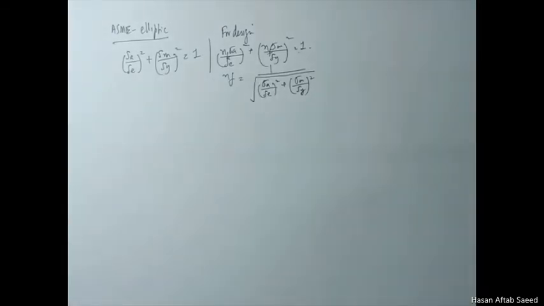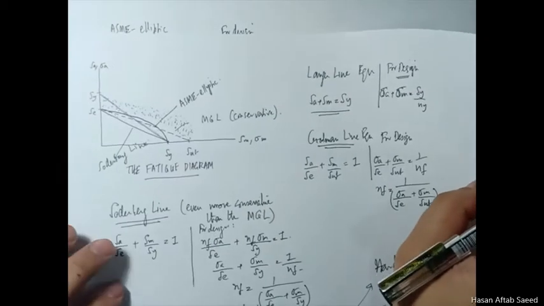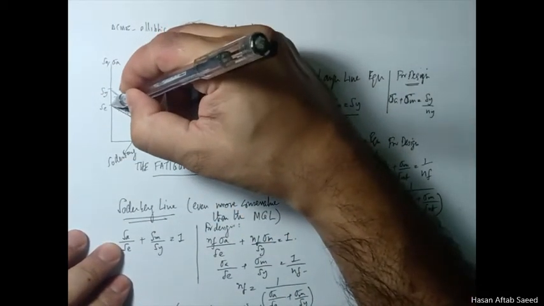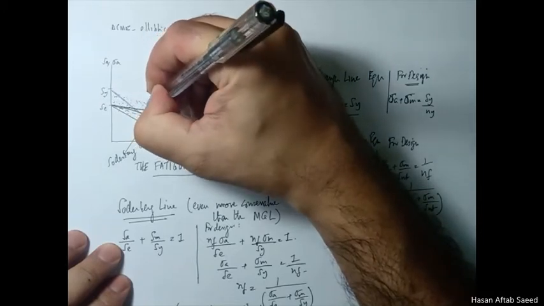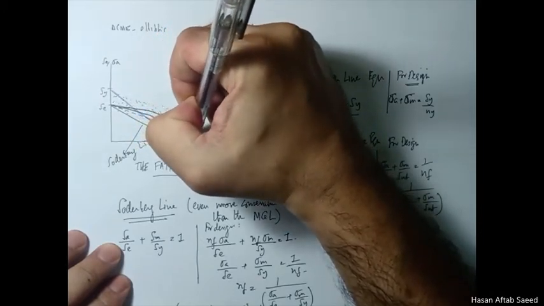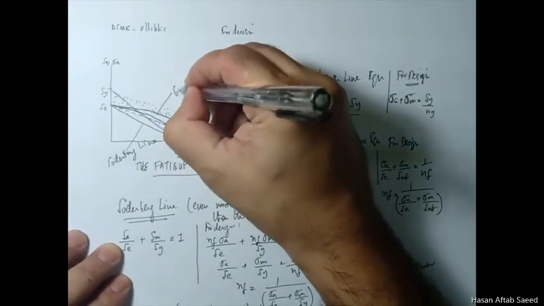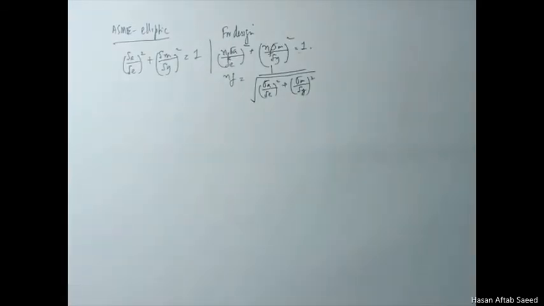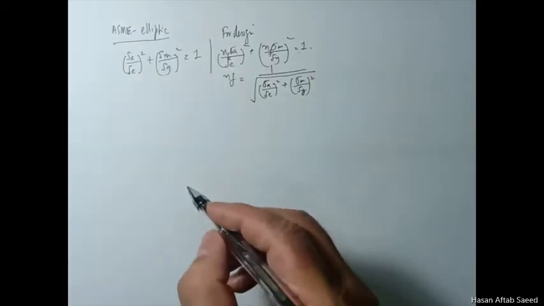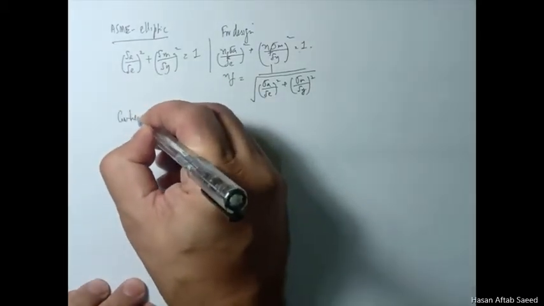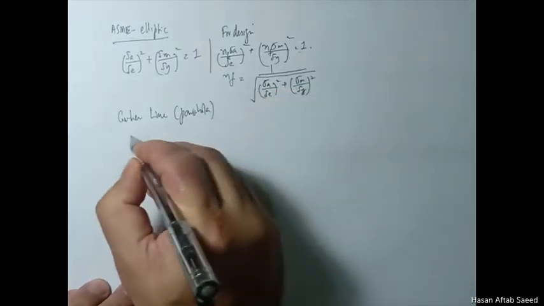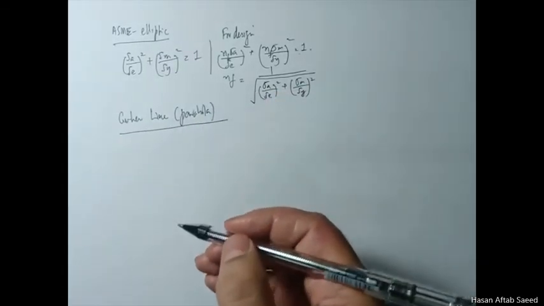There's another curve like the ASME-elliptic, which joins SE with SUT, but this is a parabola, something like this, and this is called the Gerber line. Actually it's a parabola, but we call it the Gerber line. The equation is,